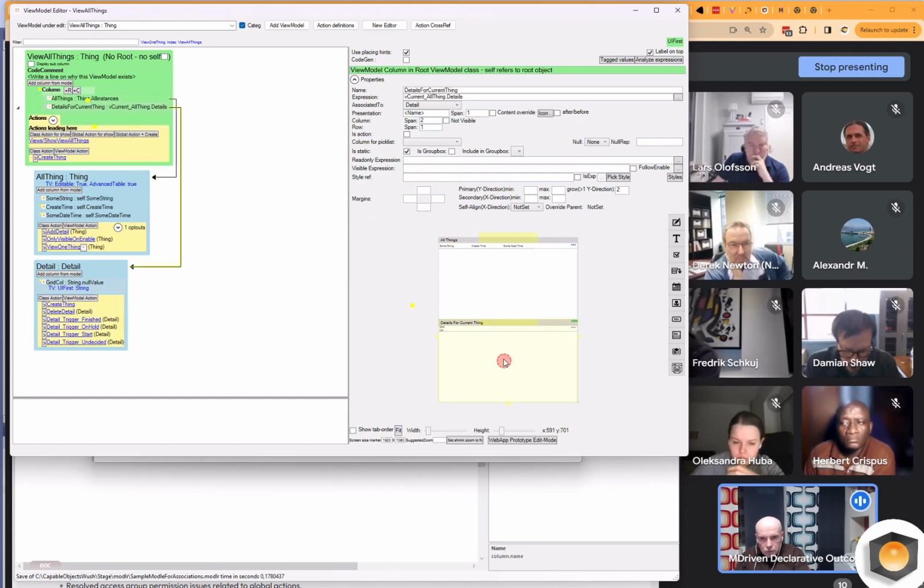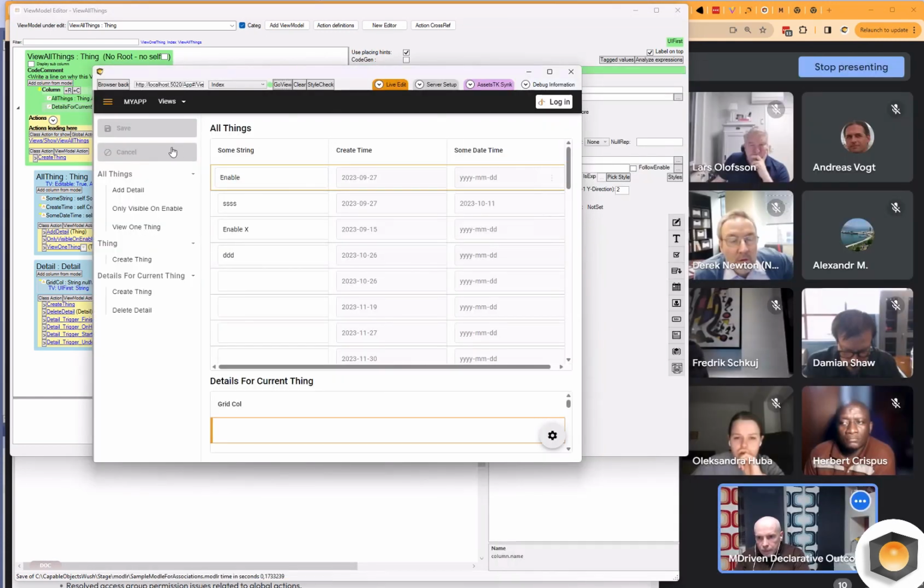Column row 2, and I'm going to do this one too as well. Let's see what happens when we grow this.